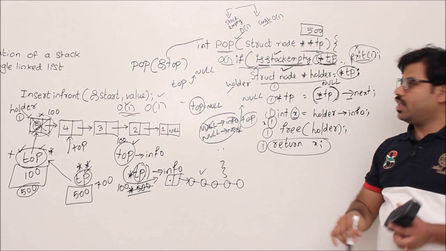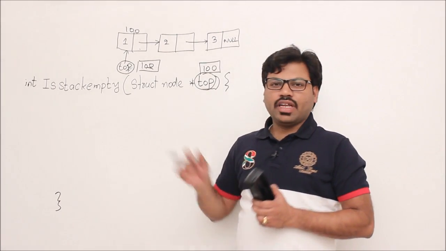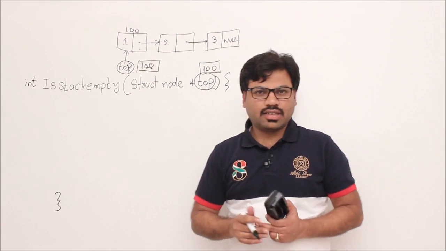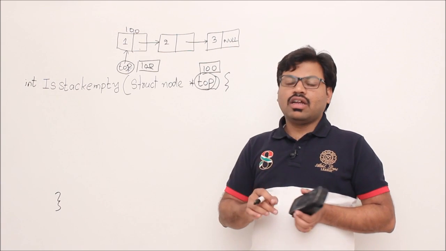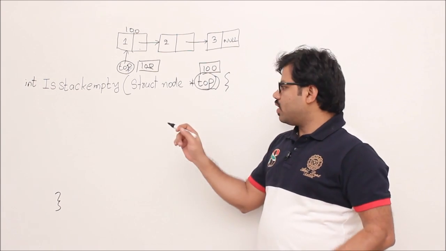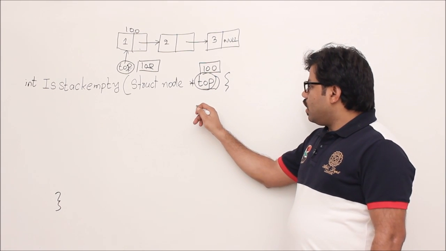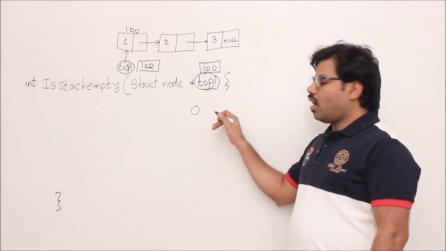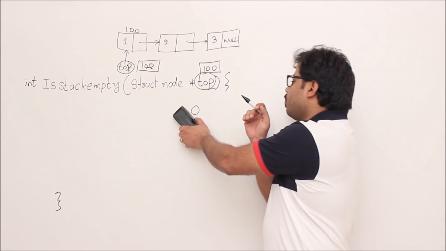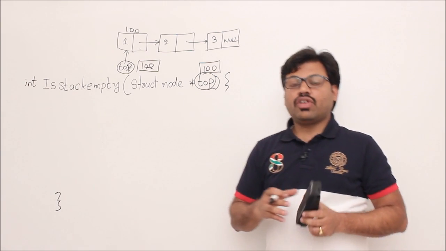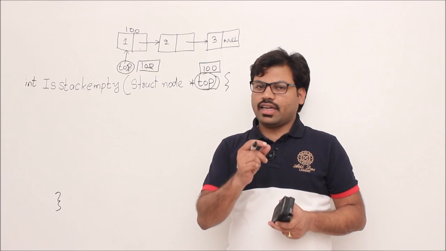So finally I would like to say that pop takes only order of one time. So let me implement eStackEmpty, and its return type is integer. Whenever the stack is really empty, I return a non-zero integer. Remember one thing: in expressions, or in C programming, 0 is treated as false. All non-zero integers are treated as true. You might be knowing that. So from now onwards, whenever I want to return true, I can return non-zero, and whenever I want to return false, I can return 0.